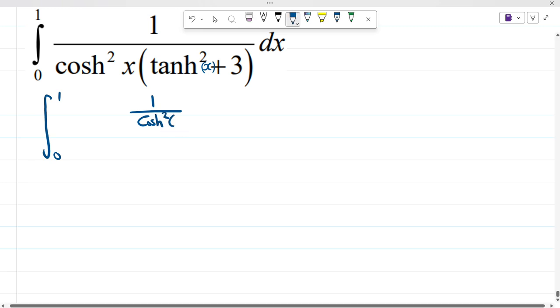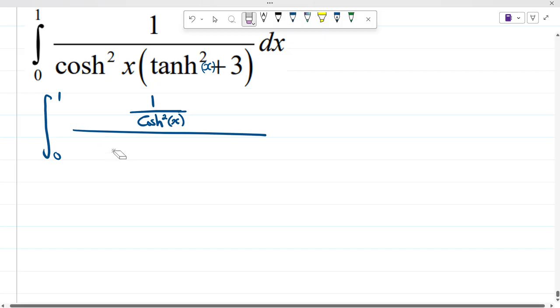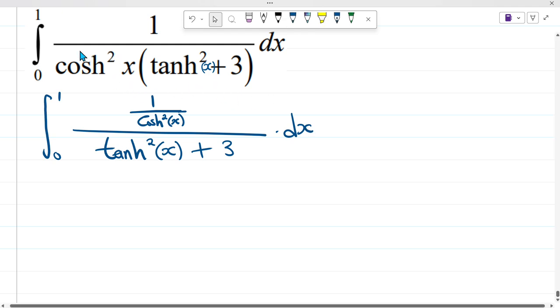I'm gonna take it up, and then I'll end up having the following: hyperbolic tan squared of x plus 3, and then dx. So did you see what I did? I only took out this one upwards. I took it up and then it became 1 over this. You understand? And then I left these ones down here, because I can already see that this one is